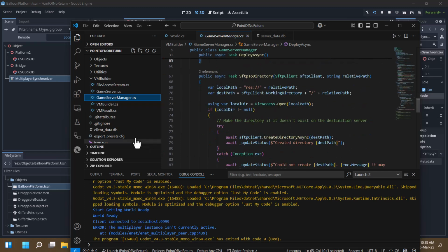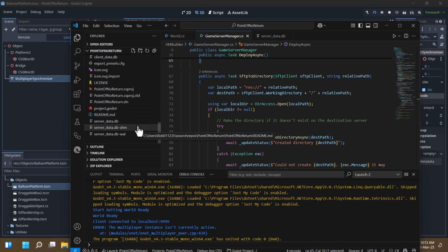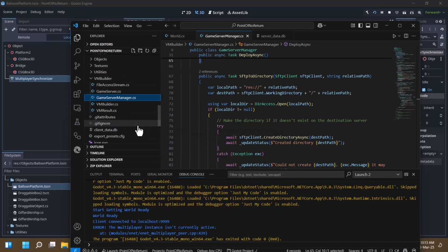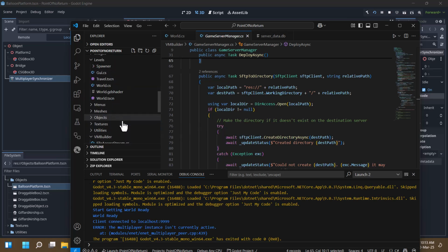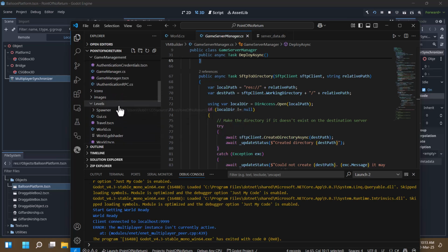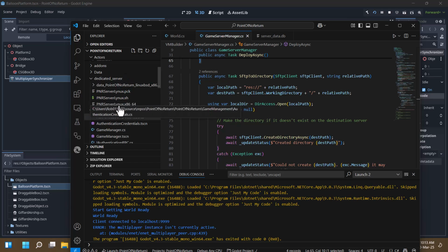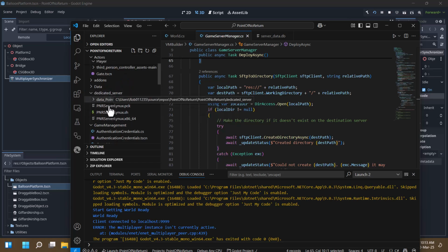So basically, in my project, I have built a dedicated server for my game, and then I placed it in this directory up here, dedicated server directory. This function actually goes to this directory, takes all of the files in this directory structure, and